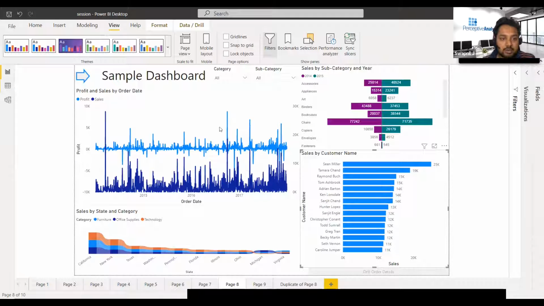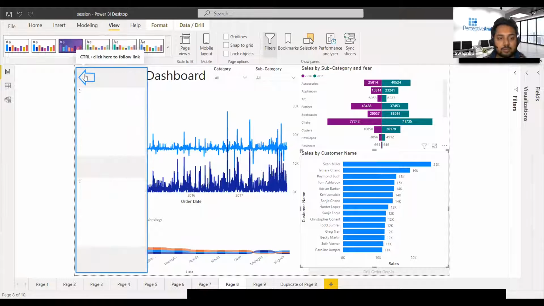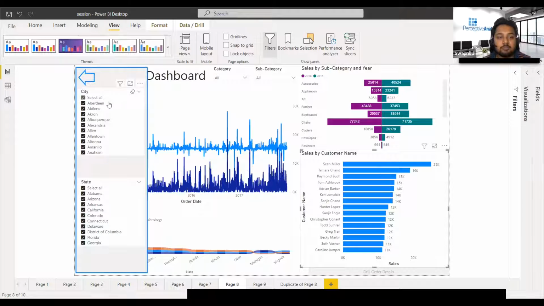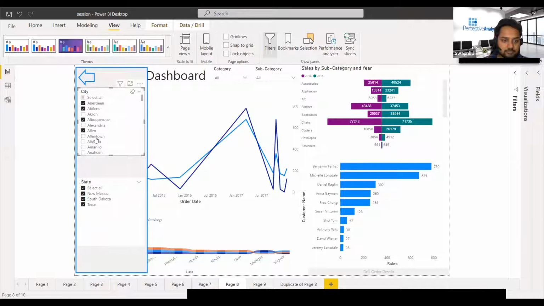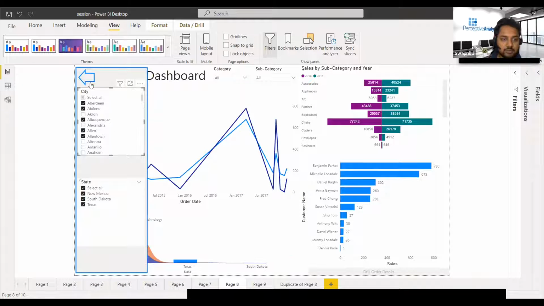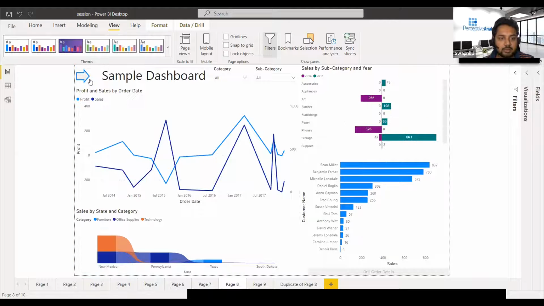So to make it easier, what I did was create a bookmark. I created this, and let me show you what it does. When I click on this icon, it brings up a box kind of structure, in which I have put my filters, and I can do all the filtration I want. And once I'm done, I can just click it back and it's all done.